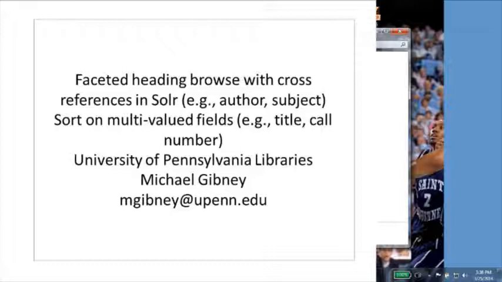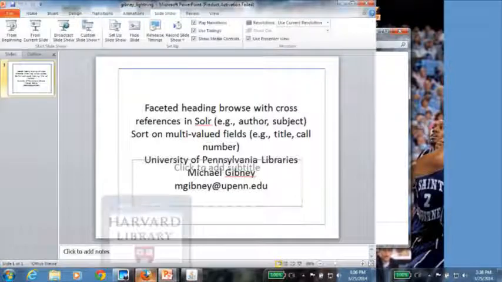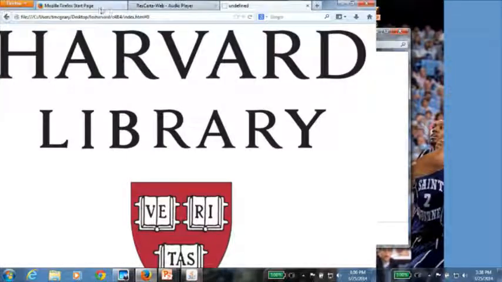And specifically heading browse in a way that was nice and took care of normalization and things like that, and faceted heading browse to leverage the faceting capabilities of Solr would be even nicer, and the ability to sort on multi-valued fields, for instance, to see a result set that is sorted by call number where a single bib record might have multiple call numbers, likely has multiple call numbers. So, just to make you all aware of the development that is going on, let's see here. I'm going to give you a quick demo.